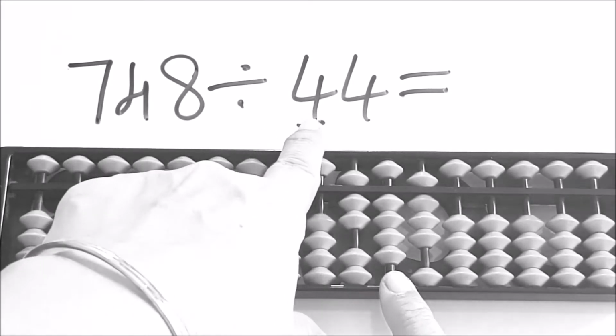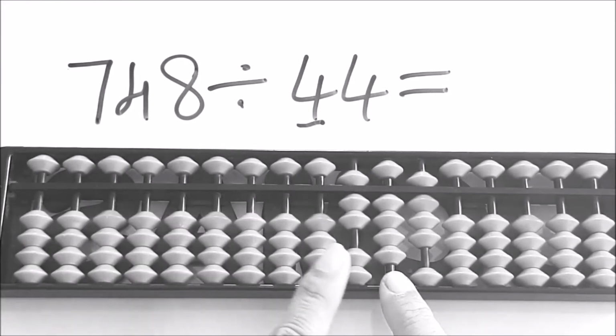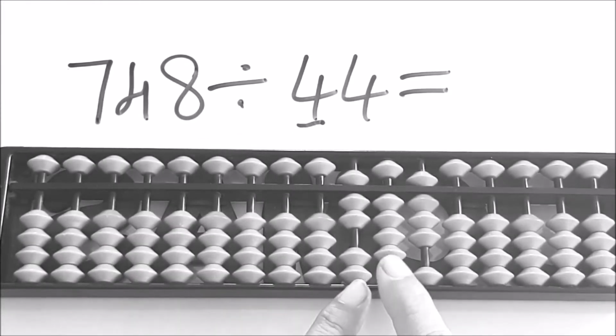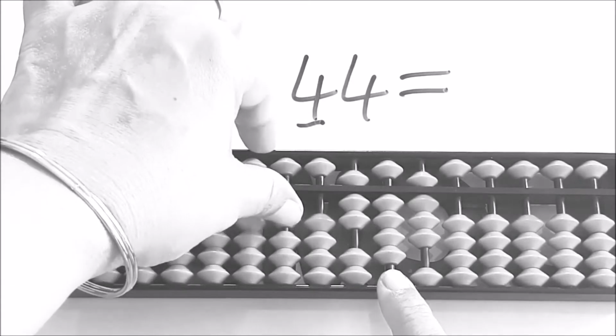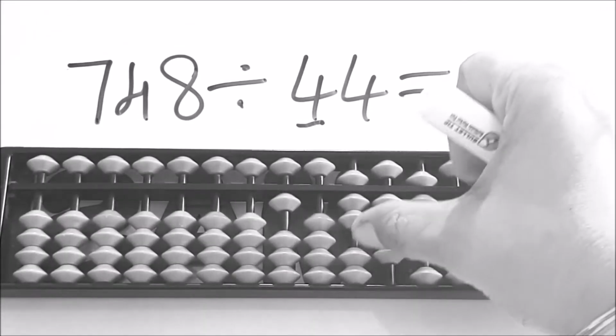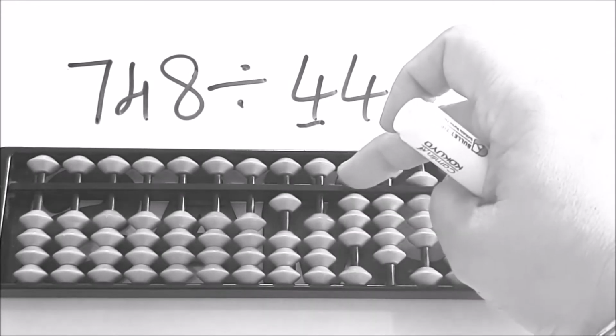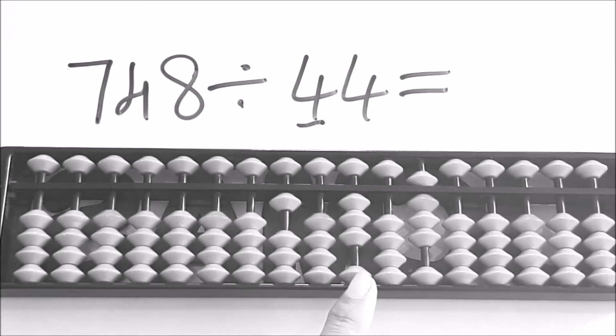Now since this is division of two digit, we have to place the answer leaving two rods. So we'll count, we have to minus 4, 4. Here the subtraction will end. So we have to leave two rods, 1, 2 and place the answer here. That is 1. So 44 ones are minus 4 here. Minus 4 will be plus 1 minus 5 and here direct minus 4. Now the numbers remaining are 3, 0, 8.